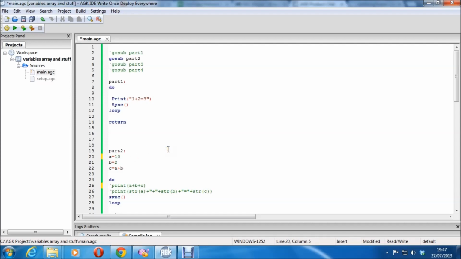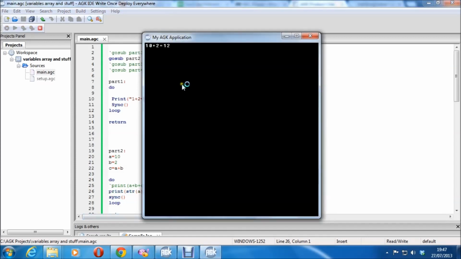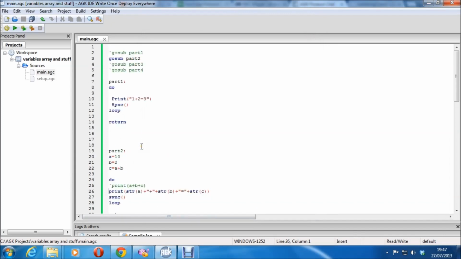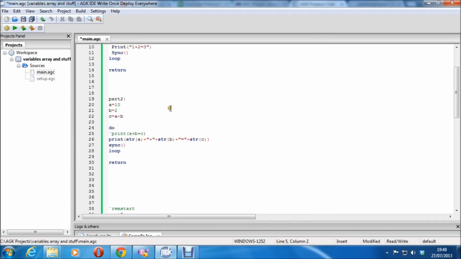So 10, and then we'll put that back there, and all of a sudden we've got a different number. Works a bit like a spreadsheet, I suppose, in that respect. But that's enough of that one. That's again very simple stuff, very basic variable stuff. Now part 3